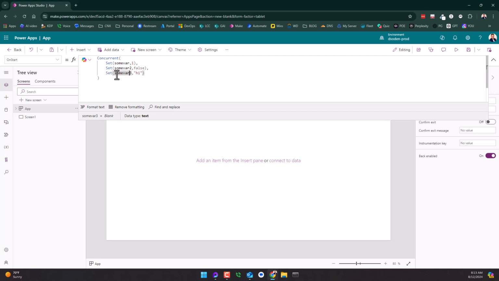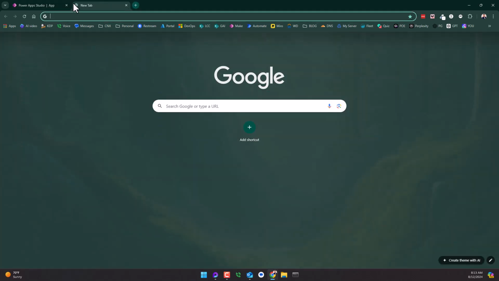And so while this is all well and good for being functionally correct, it makes your app work, it probably is going to make your app slower. Like the Concurrent may solve the problem, but it kicks the can down the road, so to speak. Let me show you a better way of doing this. So first of all, I have another video out there where I showed how to do this very thing here in OnStart, but